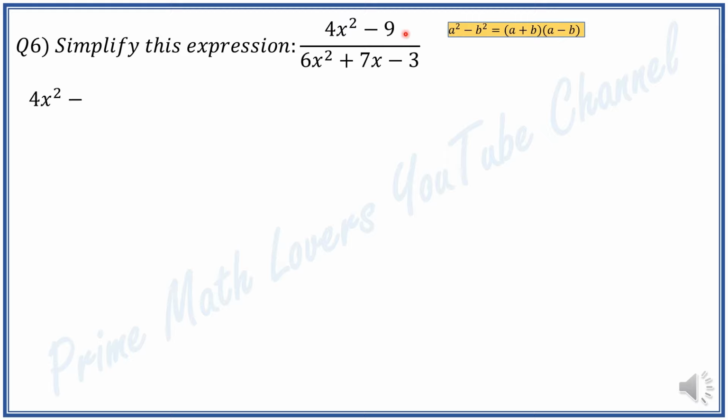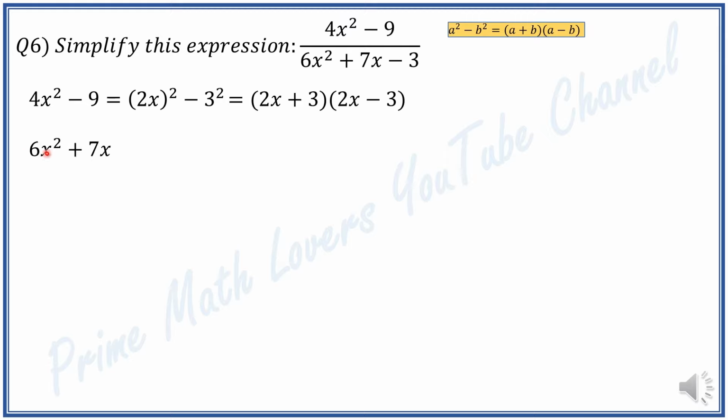We can rewrite our numerator, and we replace 4x squared with 2x to the power of 2 and 9 with 3 to the power of 2. So it is 2x to the power of 2 minus 3 to the power of 2. It is something like our identity. So we can apply this identity, the difference of squares identity, to this, and we will have 2x plus 3 times 2x minus 3. Now we need to simplify and factorize the denominator,